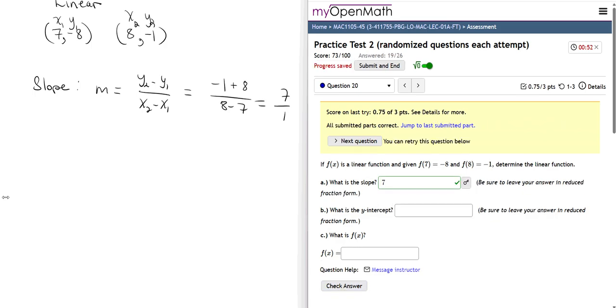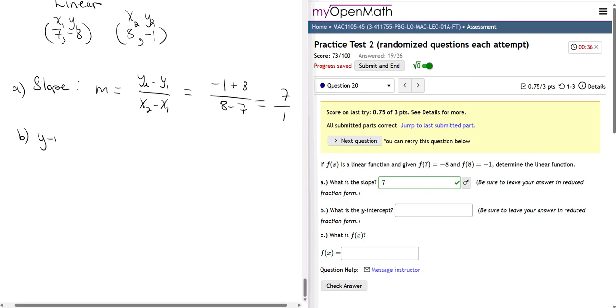Then what is the y-intercept? The y-intercept is going to be, there's a couple different ways you can find this. So B, that's part A. B, we're going to find the y-intercept. I think when the clock runs out, it might close this on us. So I'm just going to preemptively write down what we have to do for the rest of this. All right, so